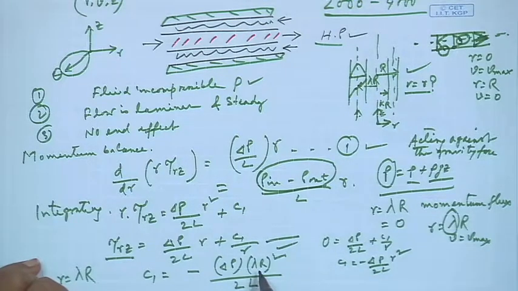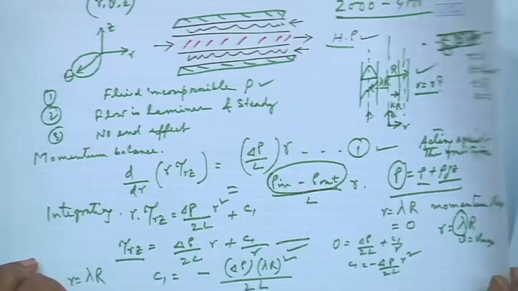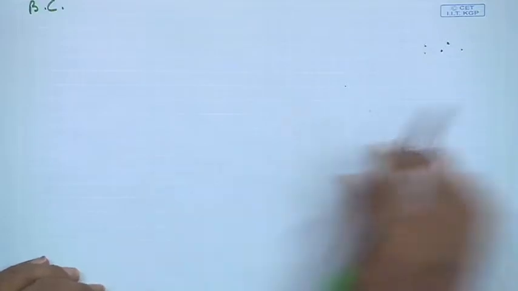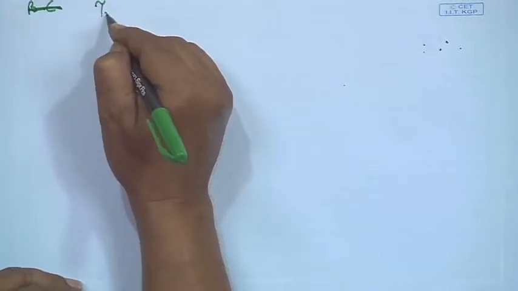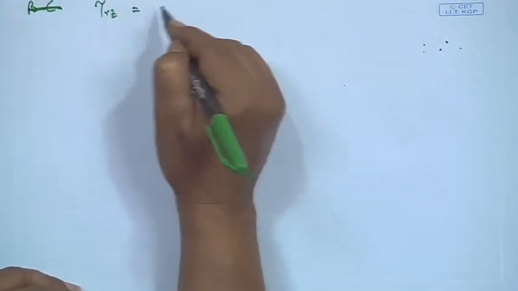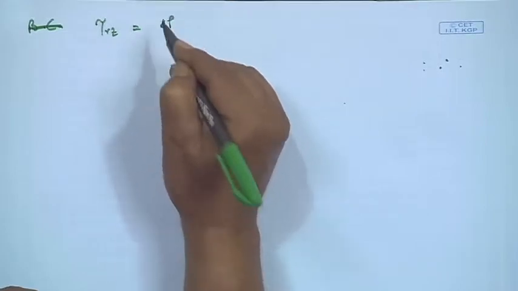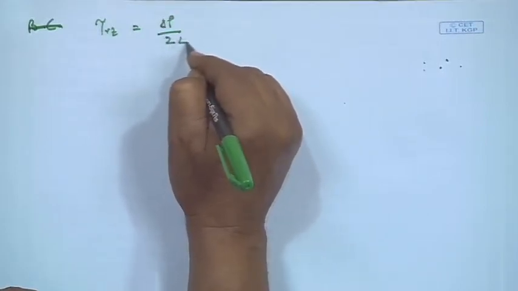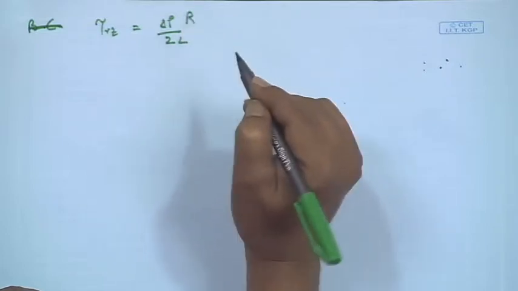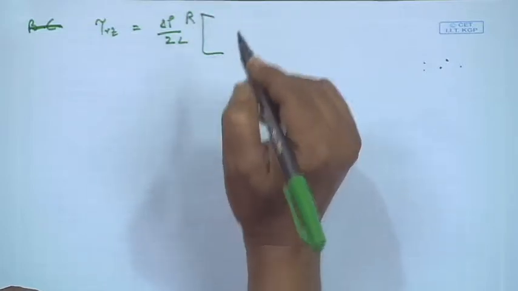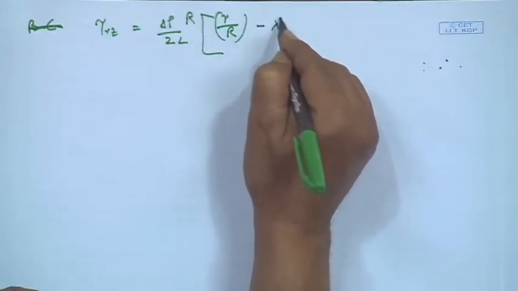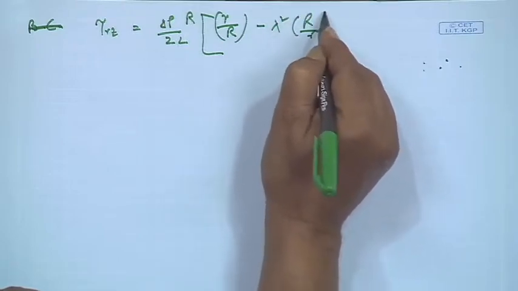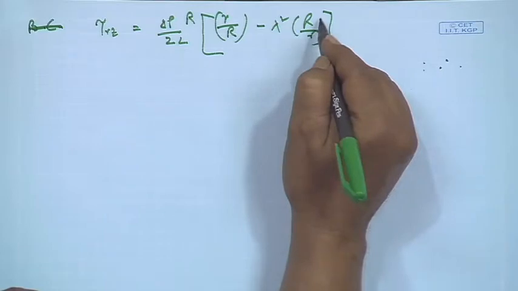So, this r we have put as lambda r square, and the value of C1 is like that. Then we can now say that the boundary condition we have already stated. So, then we can now say tau r z equals delta p by 2L into r. If we write r as common, then r by R minus lambda square capital R by small r, and on simplification we can write,